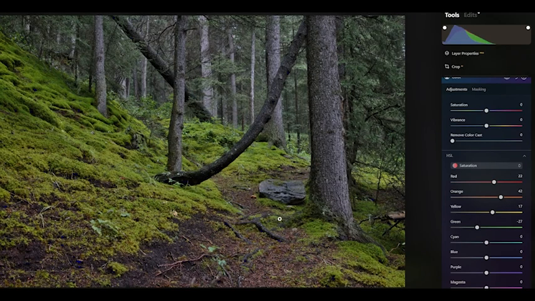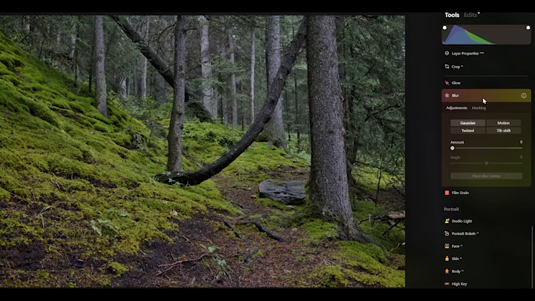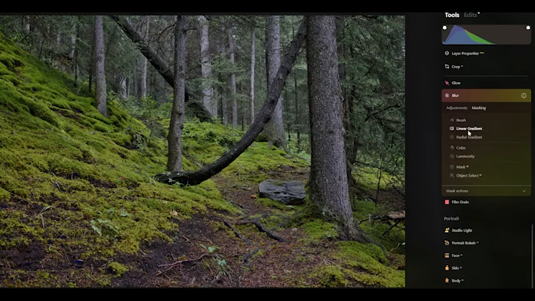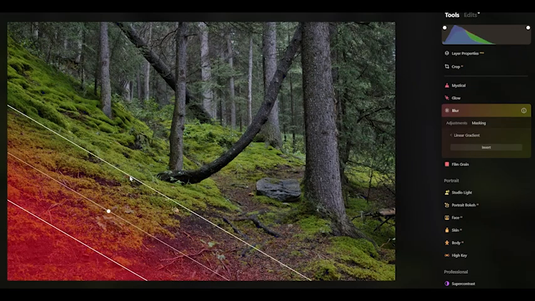And then in this situation, we might want to decide what we want to do with both vignetting and stuff like that. Our focus is the path as it winds up through here, but I also don't want to lose too much in here. So what I might do is introduce a bit of blur. So let's go to the blur tab. We'll go to the masking tab. I think in this case we'll go to a linear gradient, and we'll